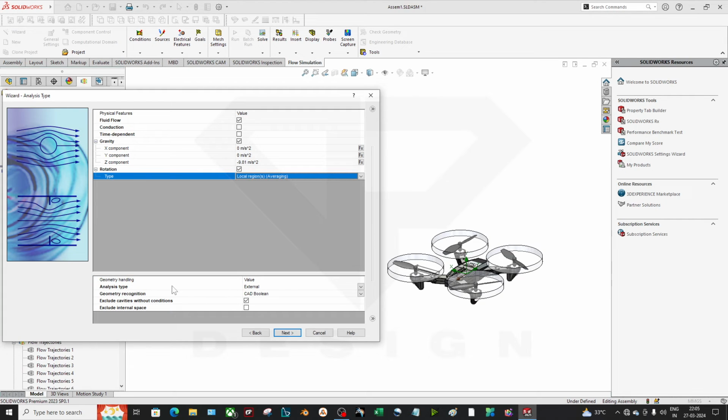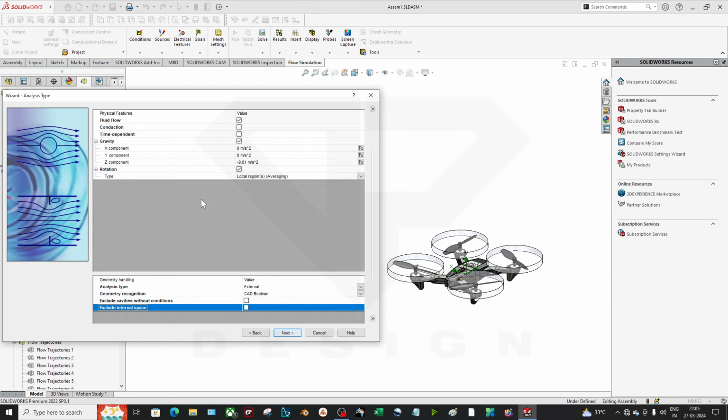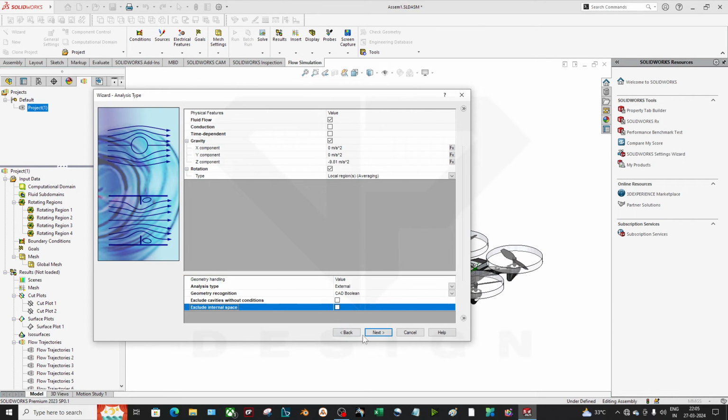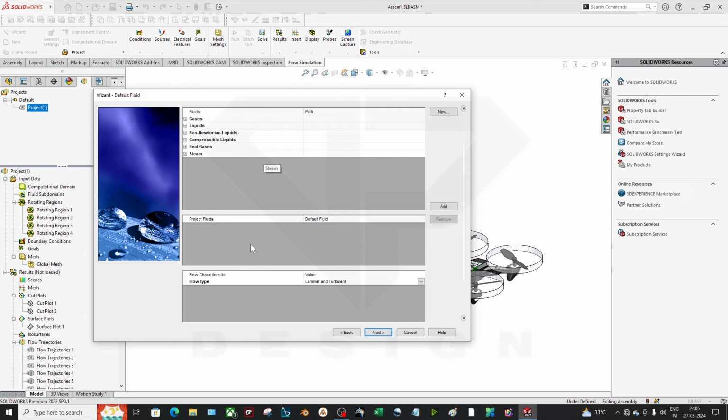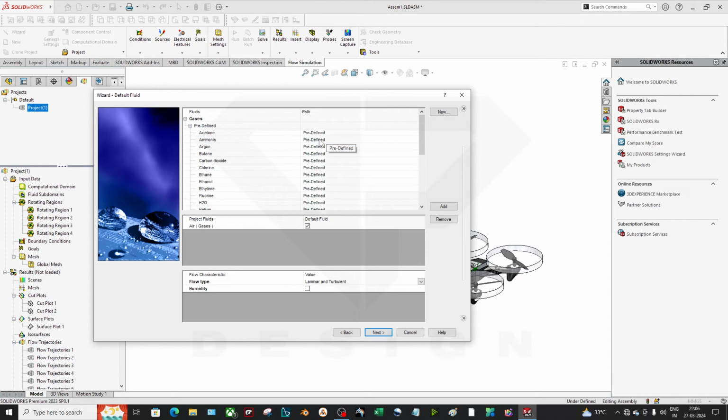Now analysis type external, obviously yes, not an internal type. It is not enclosed. And geometry recognition CAD boolean, okay. Exclude cavities without condition, untick. Exclude internal space, untick. Okay, so I'm done with the analysis type. Next, I'm going to select the gases or whatever I want. Okay, in the gaseous form, I want only air to be performed in the simulation,